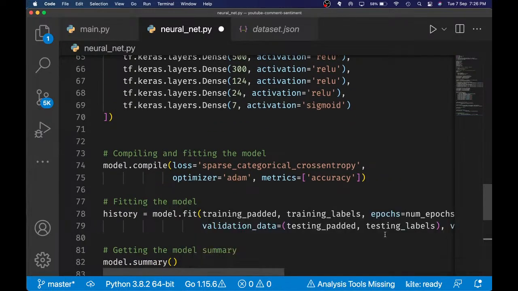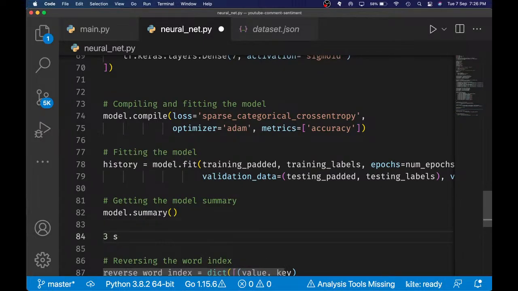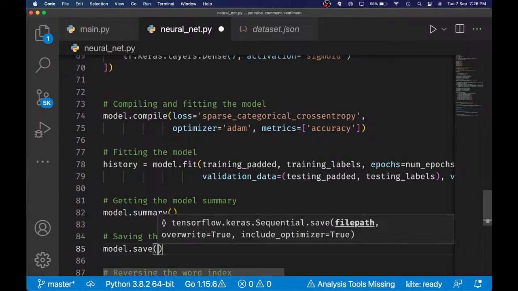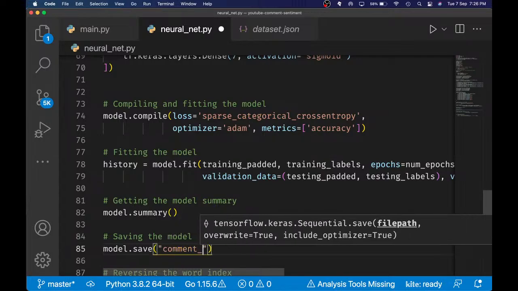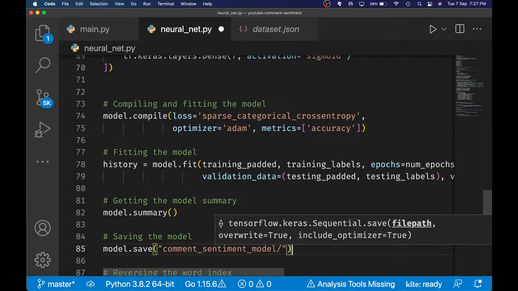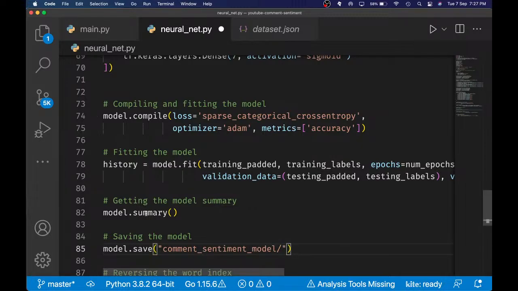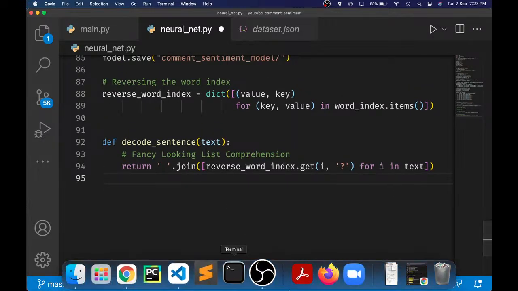Now let's first save the model also, so we can just make a comment in here. Saving the model. Alright, model save. What should I name it? Let's just go comment sentiment model. As you can see, my naming skills aren't that good. I'm really just naming it anything. If you want to name it anything, I'll just post it in the